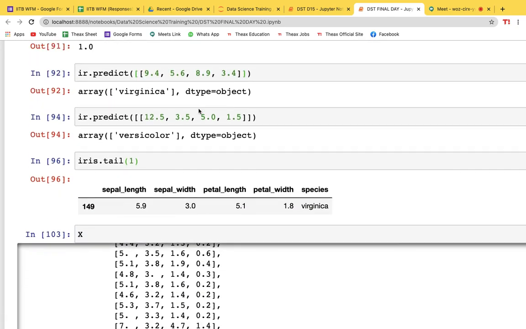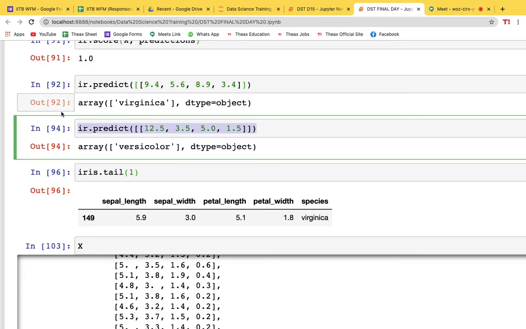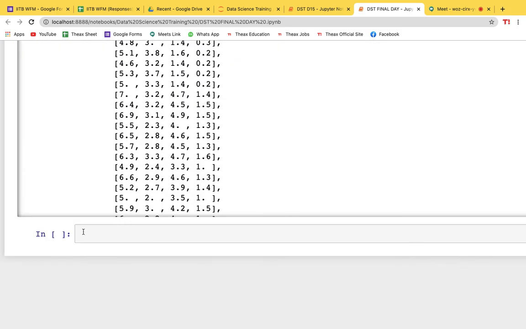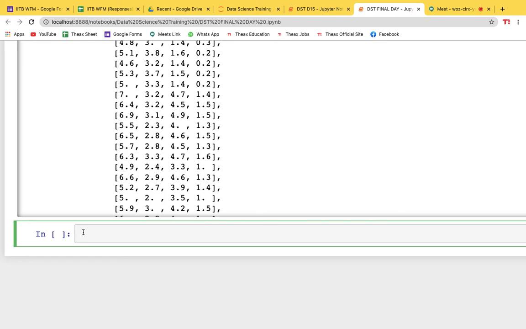Let's take this one. That would be a logistic graph, but